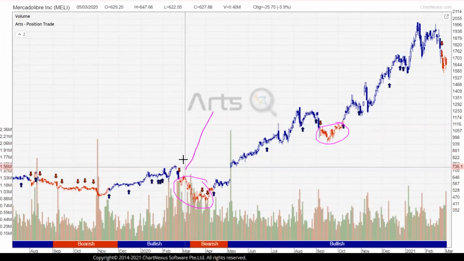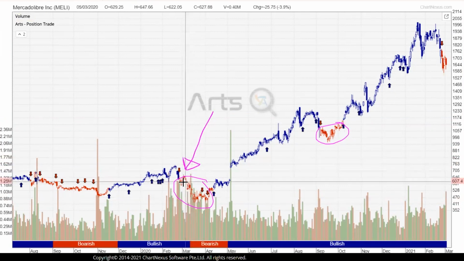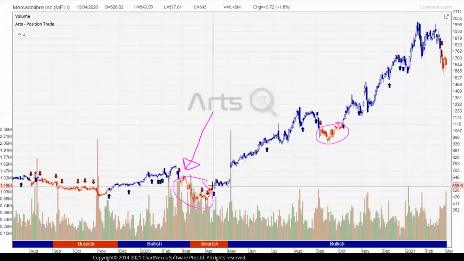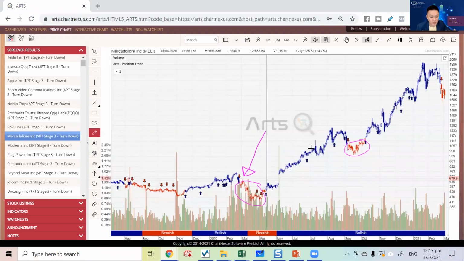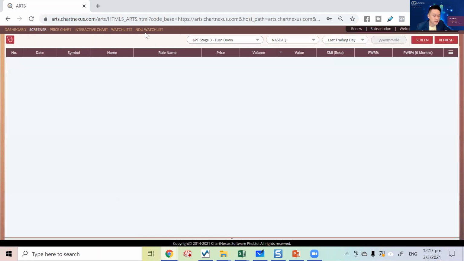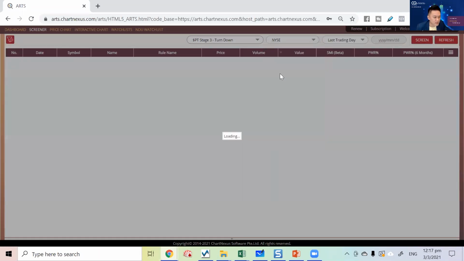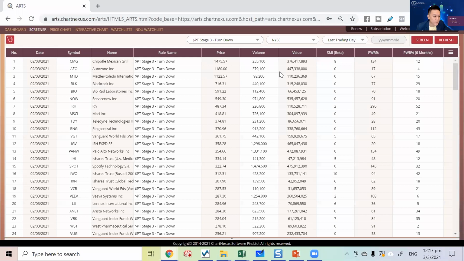Look at last year March: the stocks turned red, then rested from March to mid-April, and then turned back to blue. So when it shows this, it's simply telling us that the market is weak. It's not that your strategy is not good. Whether you are doing fundamental analysis or technical analysis, it's not that the analysis is not good. The market is just not so good right now.